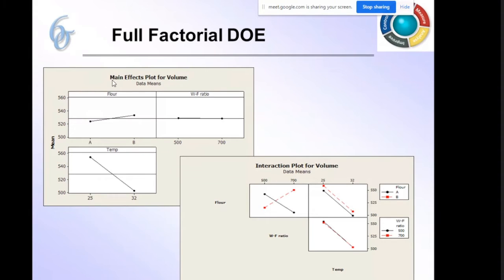From this graph, you can see that at a lower temperature, we have a higher volume, whereas flour and water to flour ratio are not that significant. And here we can see that there is a strong interaction between the flour and water to flour ratio.